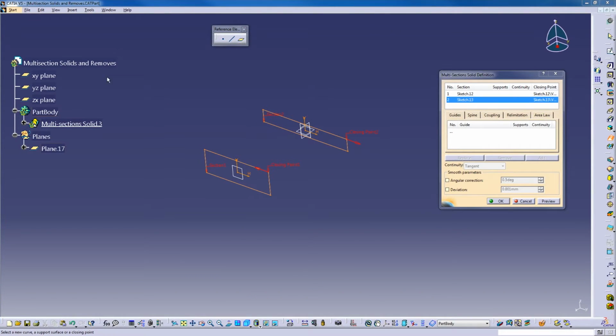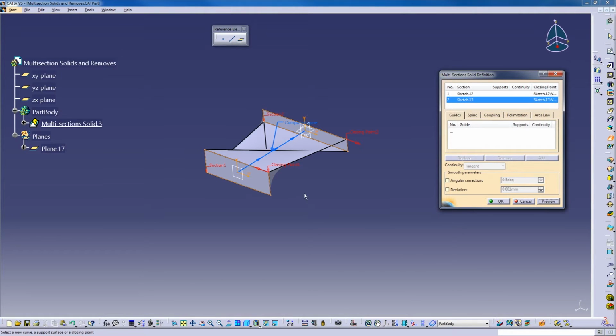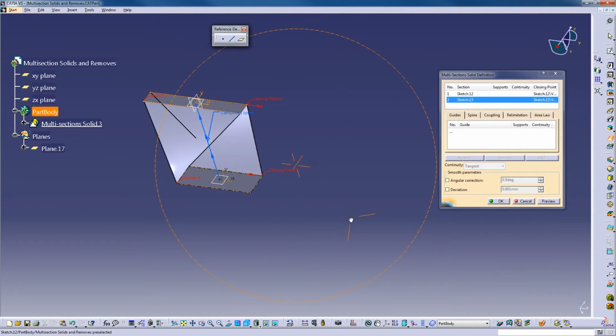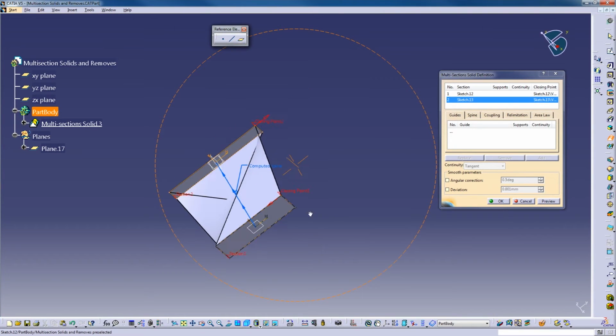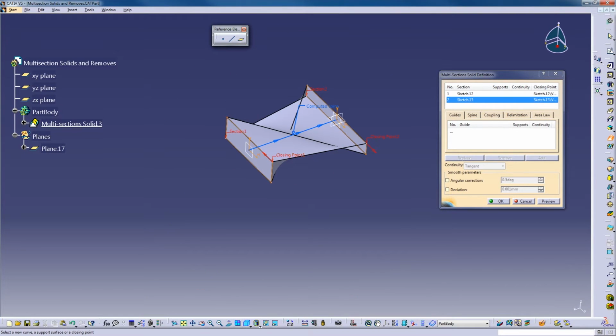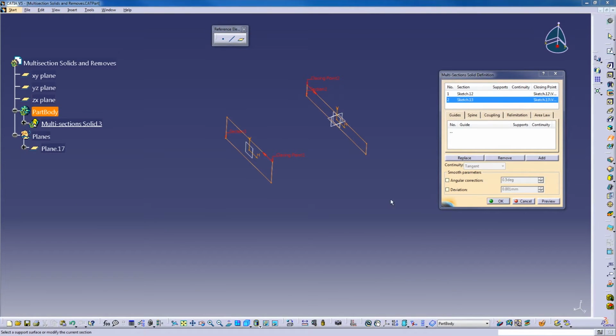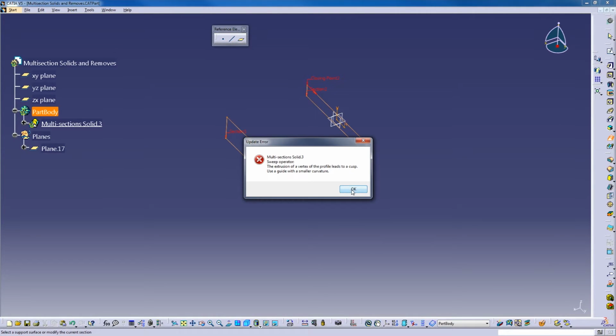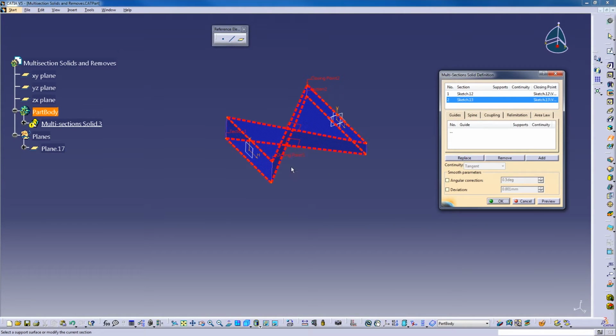So I want to show you a couple variations of what might happen depending upon the shapes of the sketches that you make. You might go to your multi-section solid tool and hit OK or preview it, and you could possibly get something like this. Okay. Or you might get something like this. Error. Uh-oh. This. So